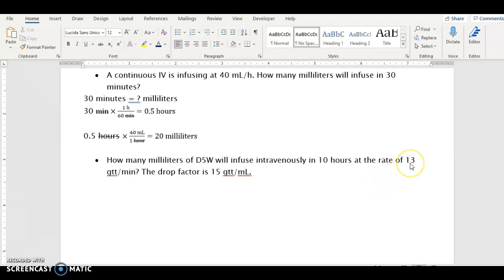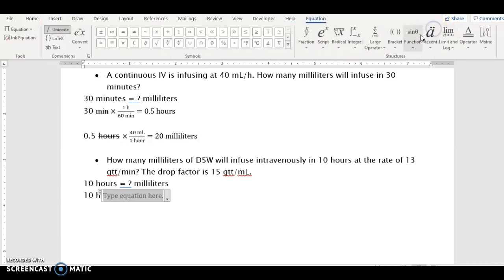You can see that the rate of infusion, the flow rate, is given in drops per minute. So we would not be able to answer this question without the drop factor. If the drop factor was not given to us, we would not be able to answer the question. Whenever the rate is given in drops per minute for this type of question, you must also be given the drop factor. We're asked to convert 10 hours into the number of milliliters that will infuse over 10 hours. As you can see, the given amount of time, which is in hours, is incompatible with the flow rate in drops per minute. So one thing we can do is convert the hours